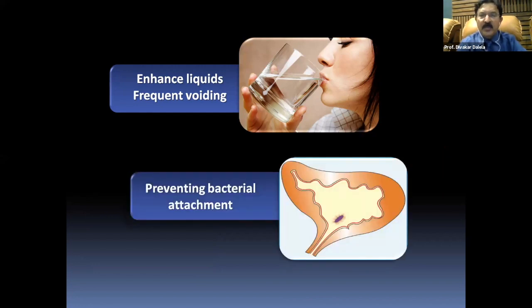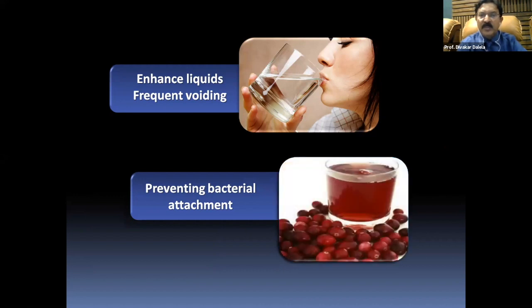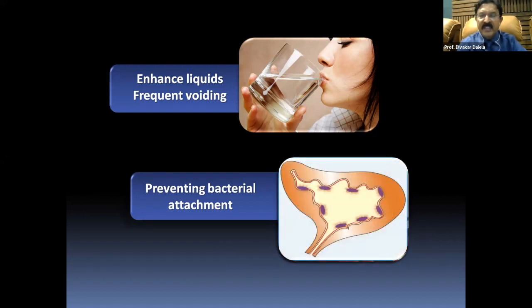What else can you do? Look at this bacteria which is gaining insight into the urinary bladder. As I said, they multiply into many numbers and adhere to the mucosa. So you can use fruit juices, particularly cranberry juice or D-mannose formulations, which when you take, the bacteria adherent to the mucosa get removed from the mucosa of the urinary bladder and infection gets lowered.